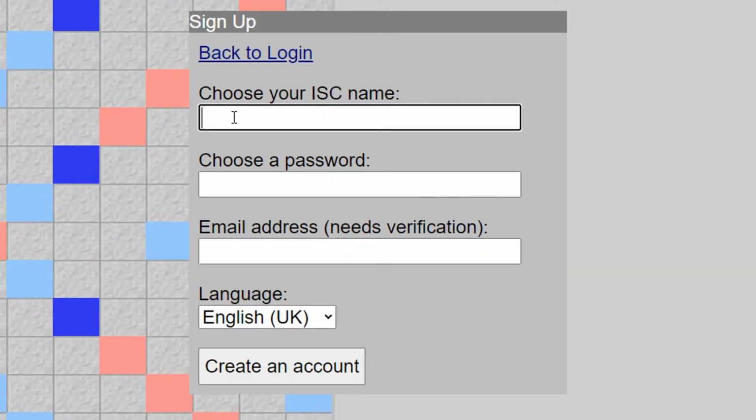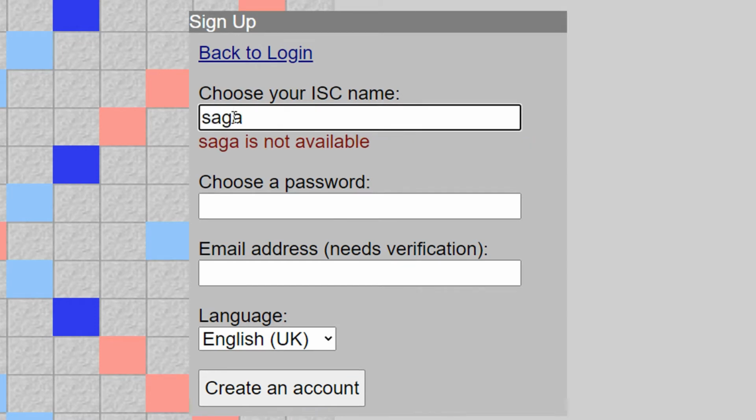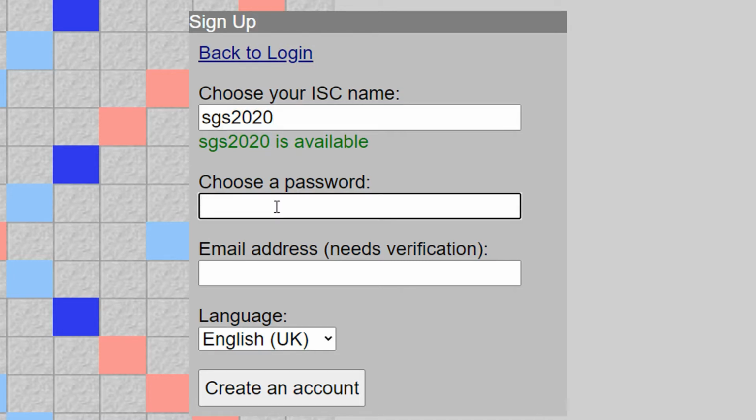You have to choose a unique ISC name. Now choose a password.